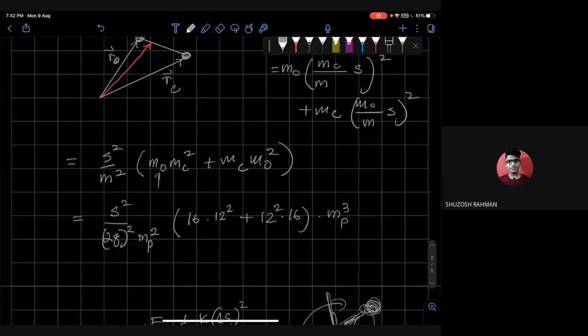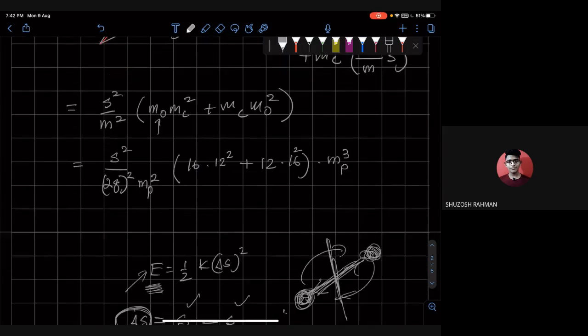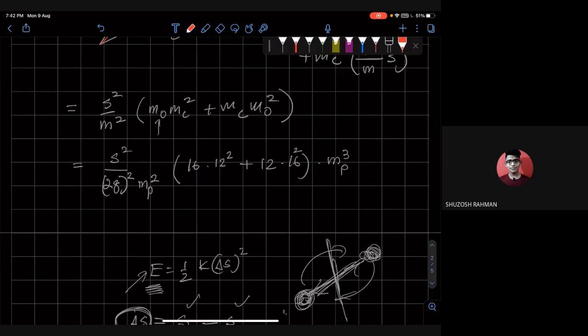Sir, 12 times 16 squared now? The second term, like MC M0 squared. Shouldn't it be the other way around? Oh yeah, sorry, it should be the other way round. So this should be this, right? And then this thing goes away and this comes, right? And now we have to figure out this is going to be S squared MP. Okay, that's of course good. And then we have 28 times 28. And